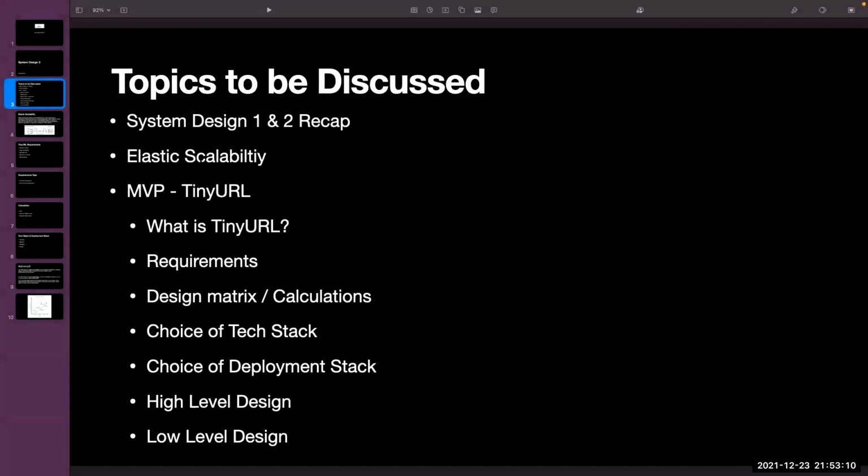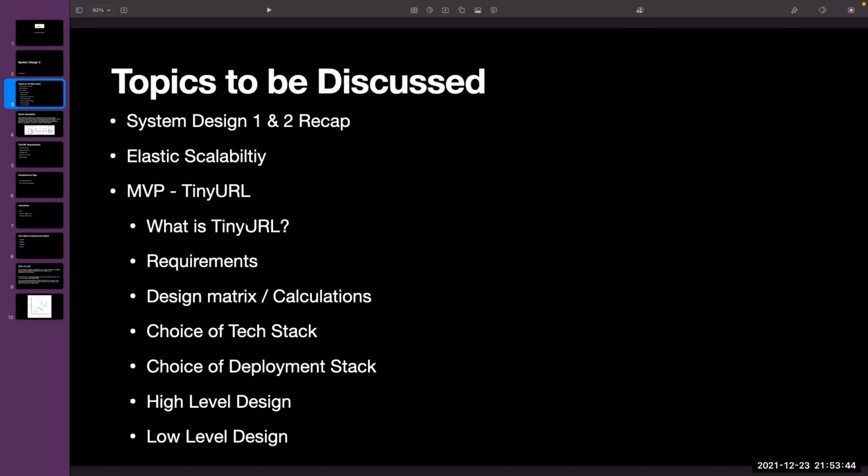So what we discussed today, we talked about elastic scalability. Elastic scalability is like horizontal scaling, where we dynamically add servers and dynamically remove servers based upon the number of users coming in. The number of users who come and use the system is generally called traffic. Then we talked about MVP, a minimal viable product developed by the developers, how it is released as the alpha version, then the beta version, then how it moves to the real market as a version 1 product and version 2 product.